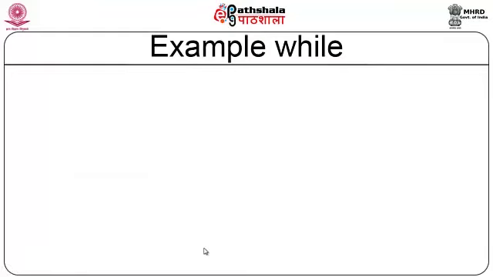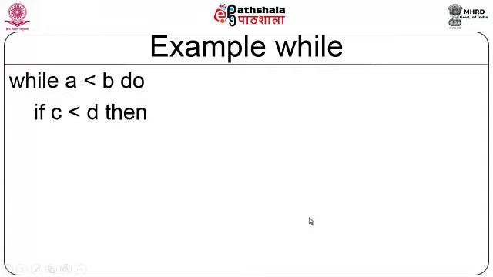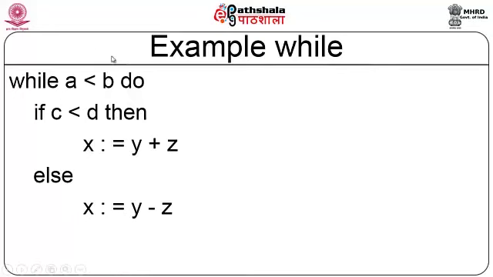We are now integrating this example with the while construct to generate the final 3 address code. Let us just see that. So this is your example: while A less than B, do if C less than D then S1, else x is equal to y minus z. This is the expression here, this is the if else construct. This is the statement S1, this is the statement S2, and this is the complete statement S0 of while. So this is the expression for while, and this is the expression for the if.